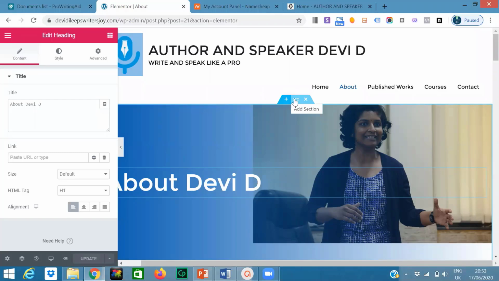Go to the next one. There are dots. This is for editing the current section. Like if Devi wants to change her picture, or if she wants to add something new inside this, like a text box, she can click on this one and then she can do it. And the next one, the cross symbol, is if she wants to delete that section, whatever she's showing, right? So now let's go ahead and do some editing. Okay, you can leave that one, Devi. Can you just scroll down a bit?